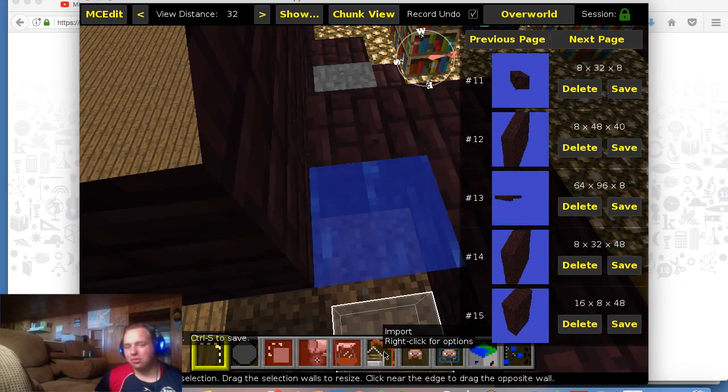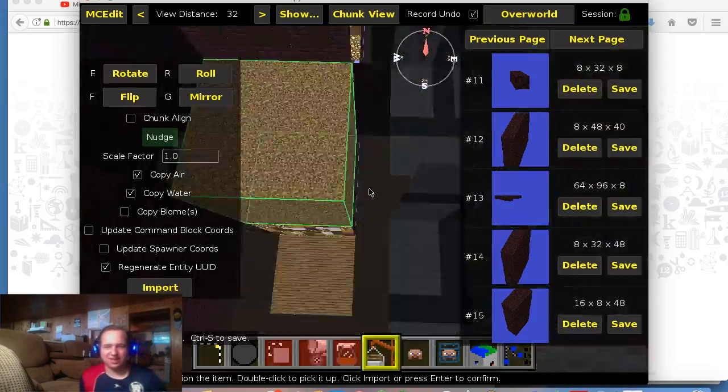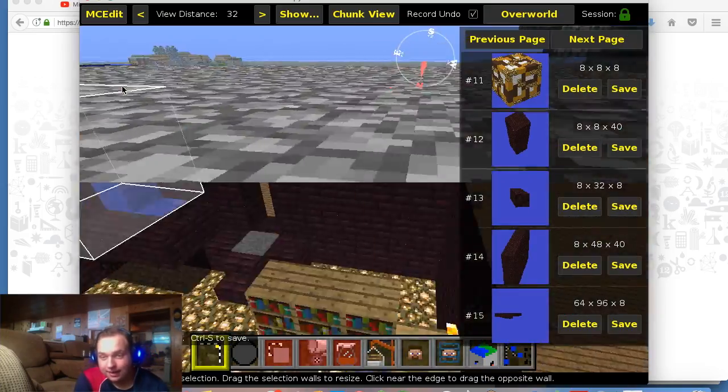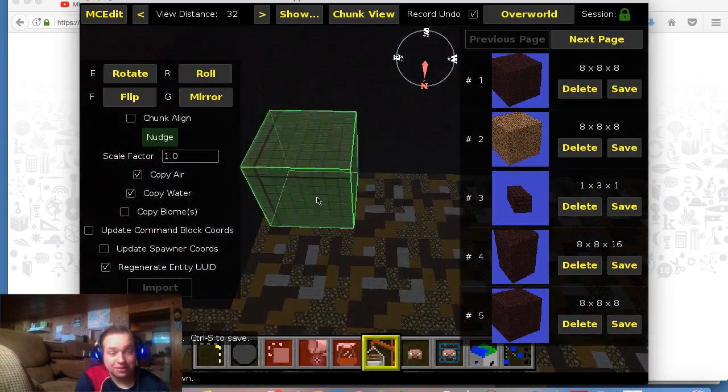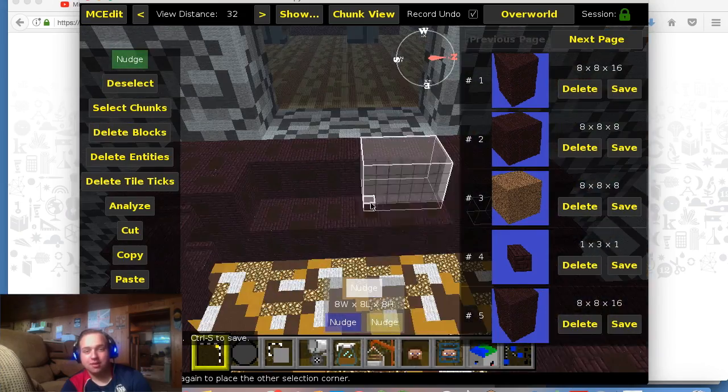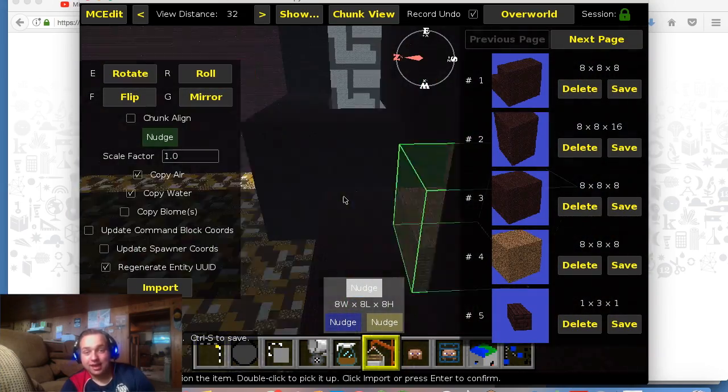But here, the whole water thing, that was kind of fun to build. If they're not in creative, they can't get into this part of the thing without drowning. So that's an issue. But they'll probably be in creative.